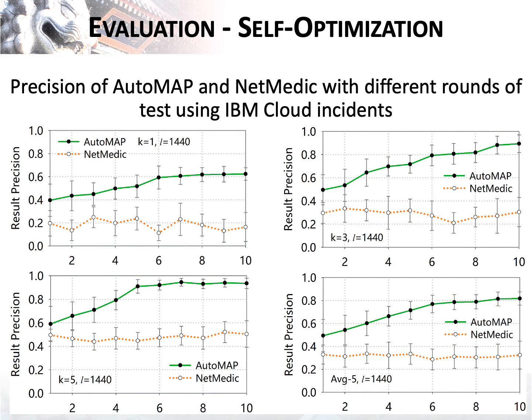For example, it increases from 59.7 to 93.9 for top 5 accuracy. AutoMAP shows obvious advantage over mathematics,